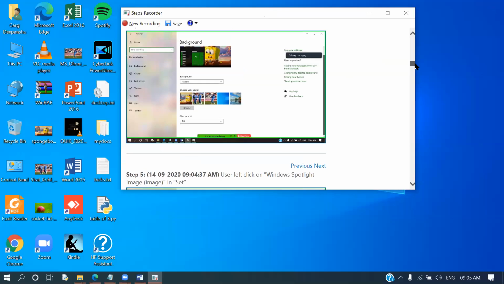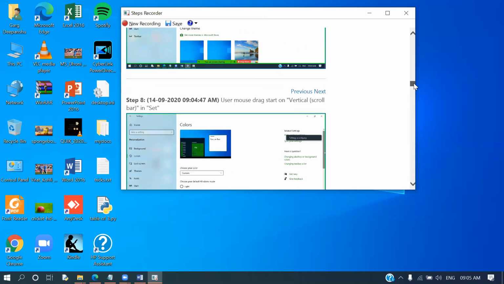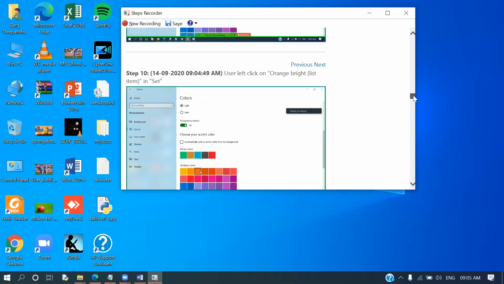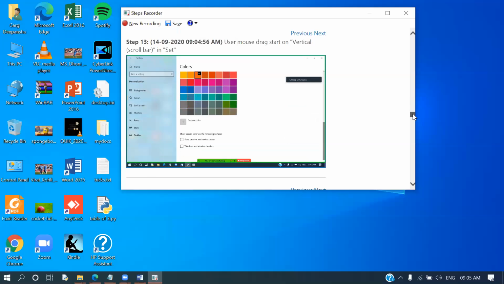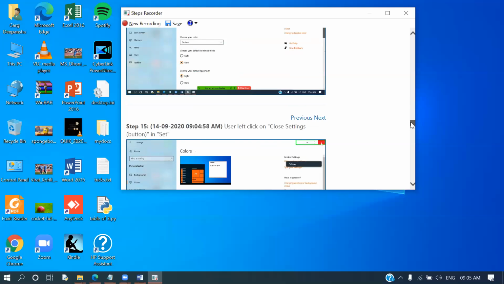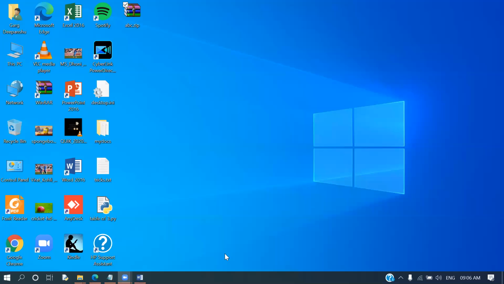Whatever steps I have taken, it is there image-wise as well as the steps written here. Use mouse right click. You do not need to write the steps also. It is already there in text form. Okay, I think this is much clearer, and I think this is the most useful feature of Windows 10. I found it a very good feature, and I think everyone may know, but still if some of you don't know, I'm going to show you.